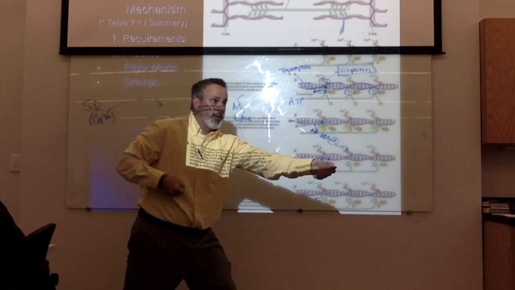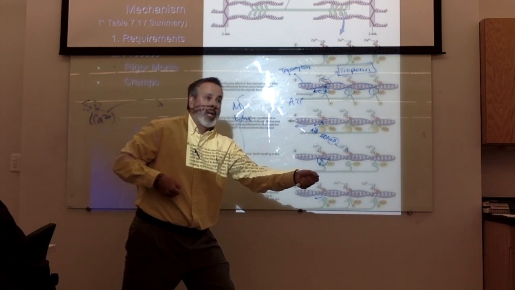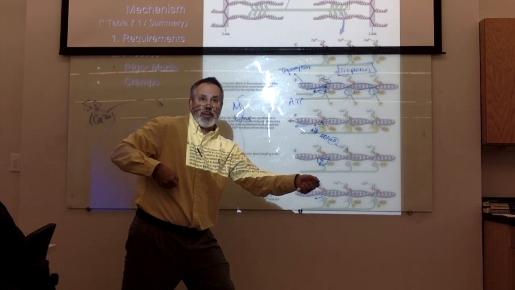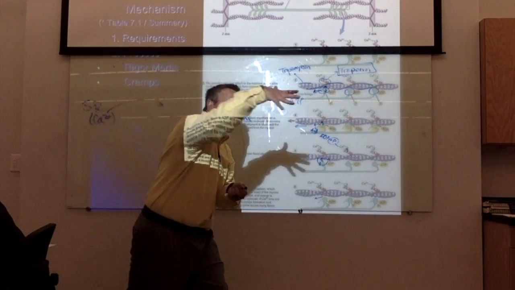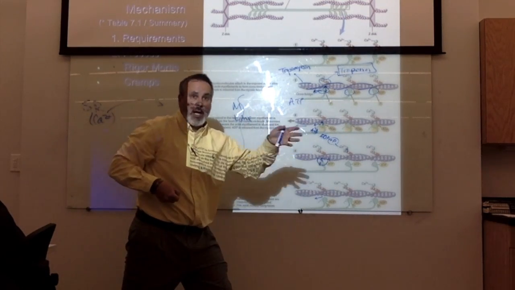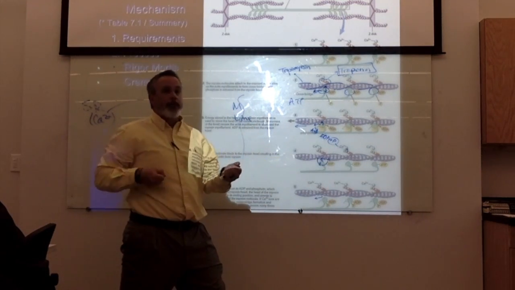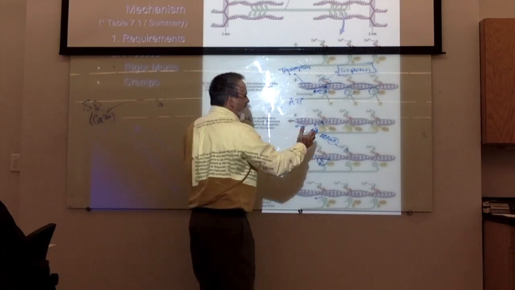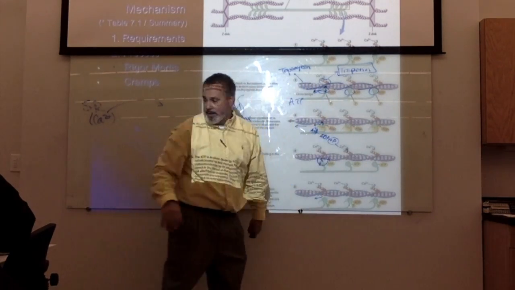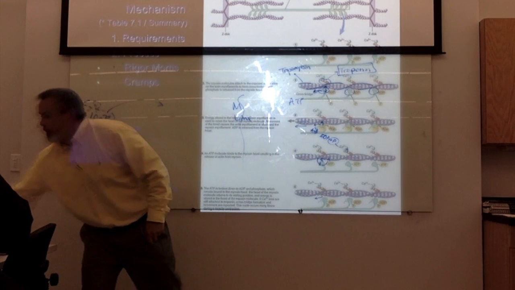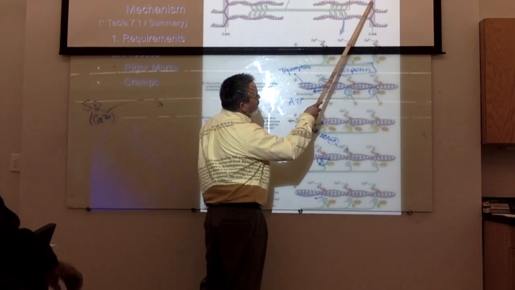Now this one grabs hold. That takes an ATP for this hand, and pull. But this hand has to let go, right? So it takes another ATP to have this myosin head let go, grab on, and pull again, until you get all the way up. This is going to happen until it gets all the way to the end of the actin, which is anchored